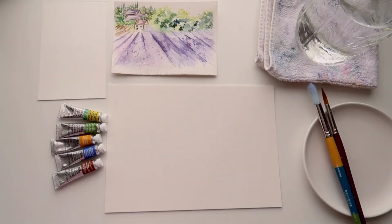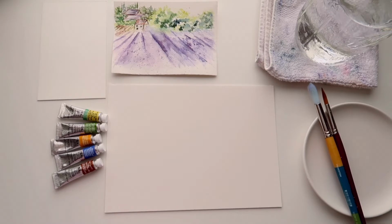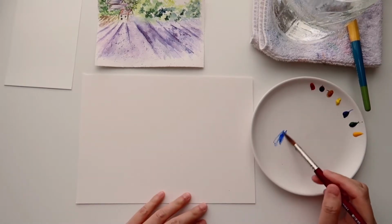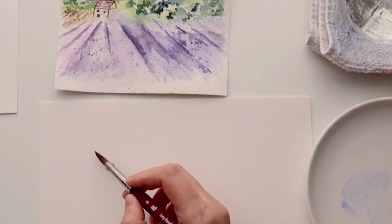And in today's video, I'm going to show you how to paint this lavender field landscape. And these are all the materials that I'll be using for today's project. So let's get started. First, I will grab ultramarine diluted with a lot of water so that it is very